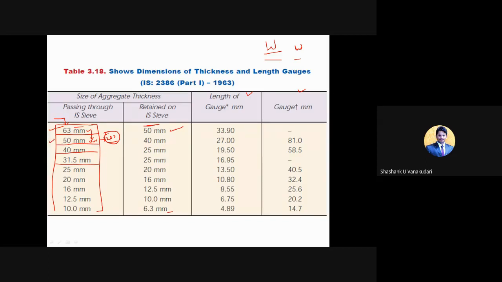Again, the aggregates which are passing from 50 and which are retained in 40, which is passed from 50 and which are retained in 40. Again, you need to collect around 200 particles, or however much is available, that much you can consider. And that 200 particles weight, again, you note down just below this. Else, here you can make a separate column, right? So this is capital W and this is small w you can consider here. So capital W's weight, you are going to write it here and then, yes, somebody texted.